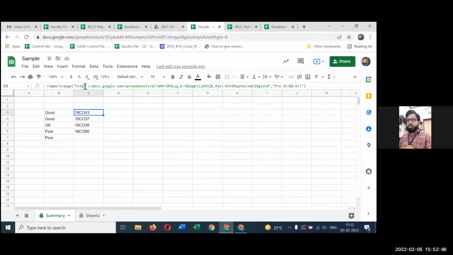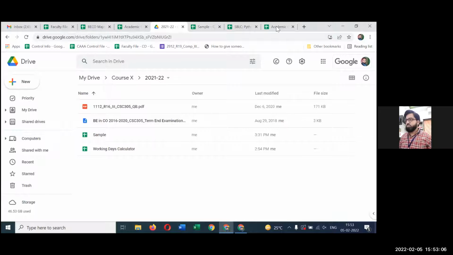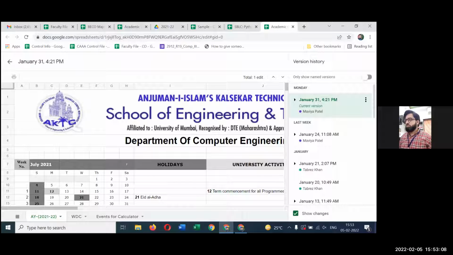अब ये जो इंपोर्ट रेंज में जो लिंक यहाँ पर आई है ना, I can put this link somewhere else and from that location also I can get this link. So it's up to us how we want to get our data and how we want to maintain our data. One more example I would be giving you, I would be showing you that. Close this.